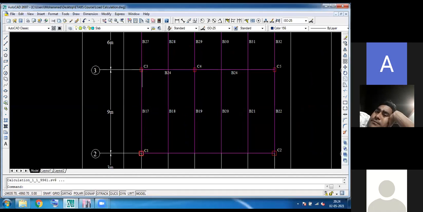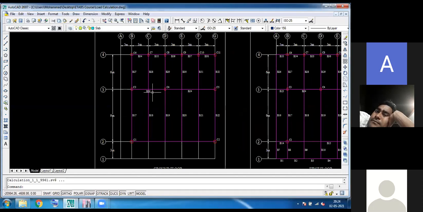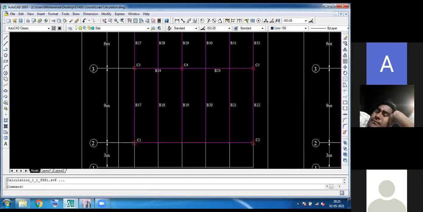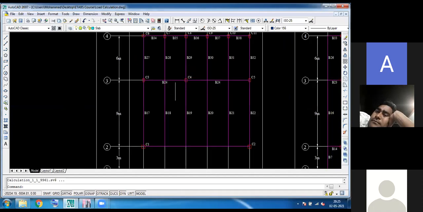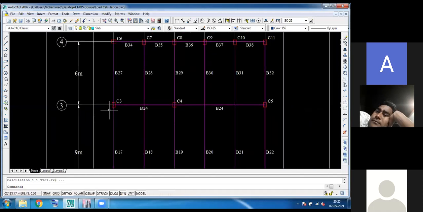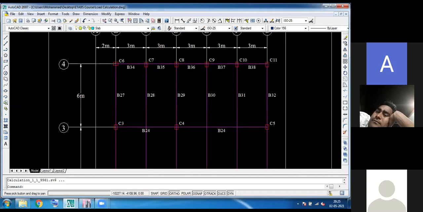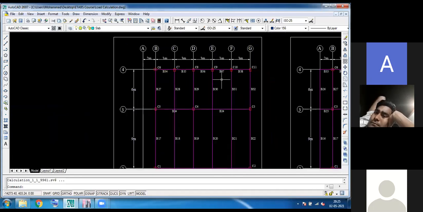The span between C1 and C3 is 9 meters long. It is a commercial building, a car showroom, so we are avoiding the intermediate columns here. C3, C4, C5, C6, C7, C8, C9, C10, and C11 are the column names.